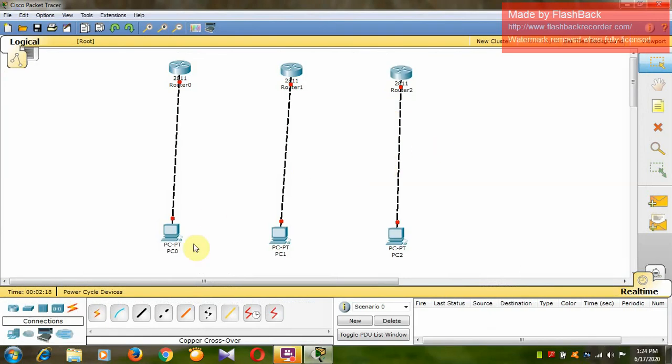Okay, so let me connect these routers together. I have connected these routers together. Okay, so let me assume some of the networks here. Between this router and PC, I will take